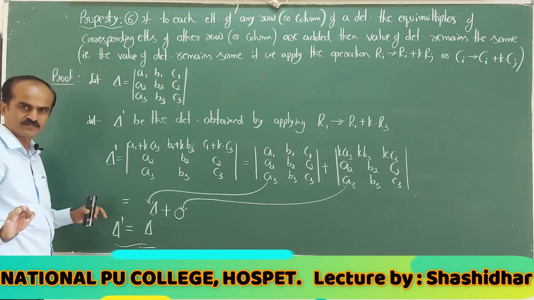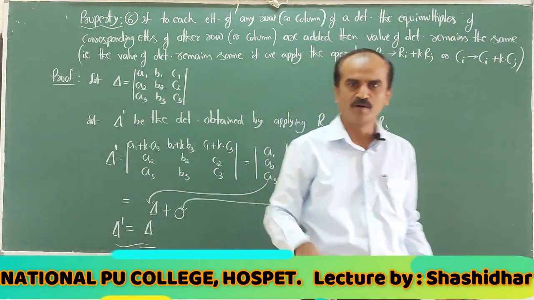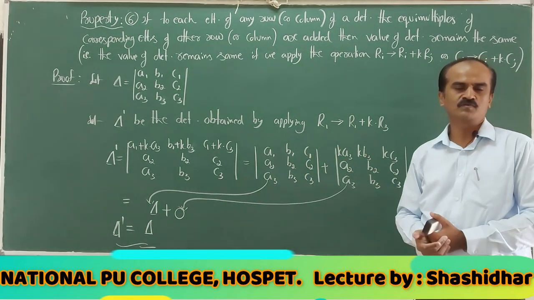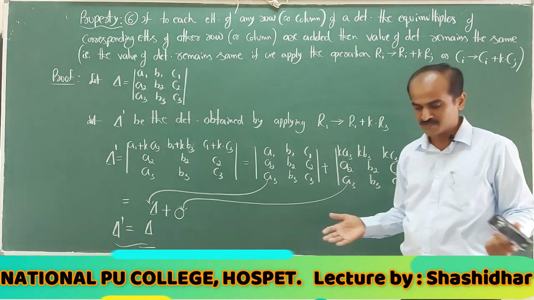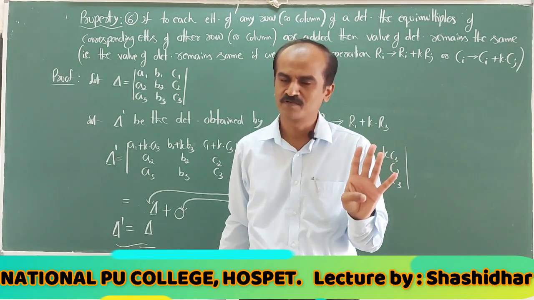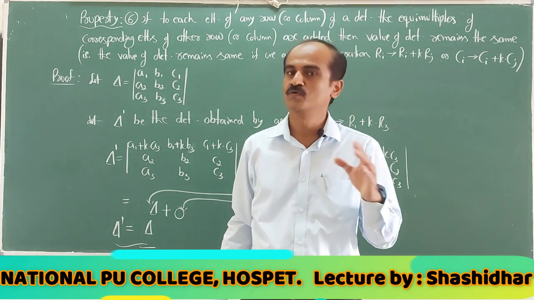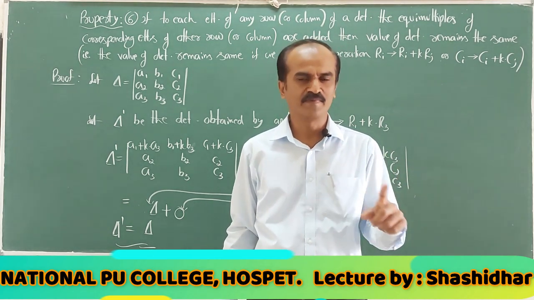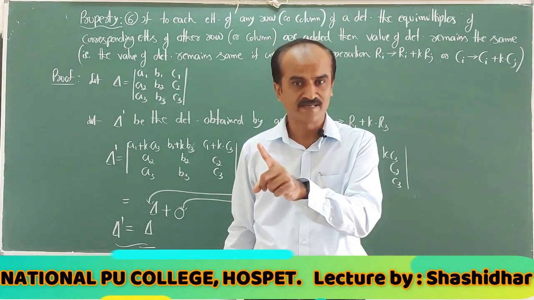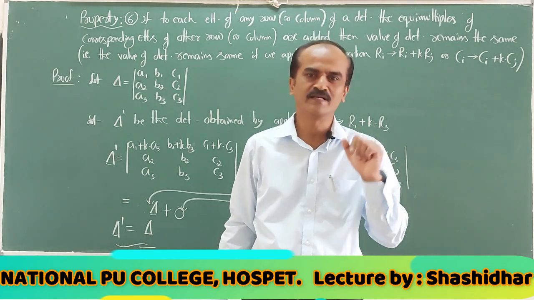So with this, we establish that for a given determinant, if you apply a row or column operation of this kind, any number of row and column operations, the value of determinant is not going to change. So these are all the different properties. I hope you followed. The first one we discussed: in a determinant, if you interchange rows into columns, value of determinant is unaltered. How to remember this? Determinant of matrix A is same as determinant of its transpose. Determinant of A equals determinant of A dash.